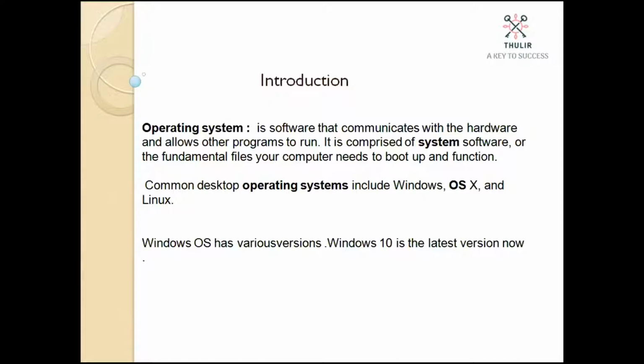as necessary, right? So common desktop operating systems nowadays available in the market are Windows, OS X, this is the Mac OS, and Linux. And Windows is probably the most used operating system worldwide, which has various versions, and the current highest version of Windows is Windows 10, right?